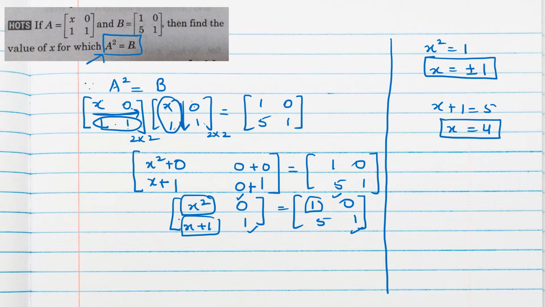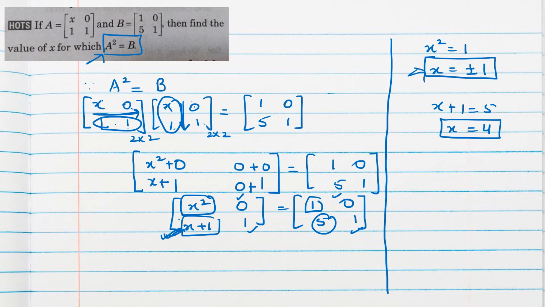So we are getting different values of x by comparing different elements. Suppose I take x as 1 and substitute in LHS, then I should get the right hand side matrix. If I'm getting 3 values of x, then for each value I should get the right hand side matrix. Then only we can write the x value, otherwise no. If you substitute x as 1, you will get 2 here, but you should get 5. That is not possible. So x equal to 1 is not possible.